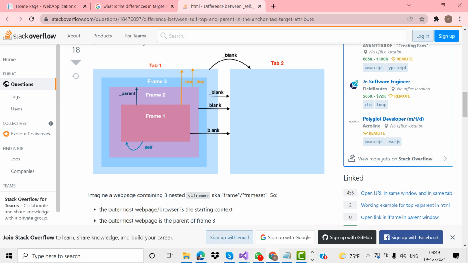If I mention the parent target, frame one will be displayed in frame two, and frame two will be displayed in frame three. This is parent. Suppose in frame one the anchor tag target is parent, it redirects to frame two.